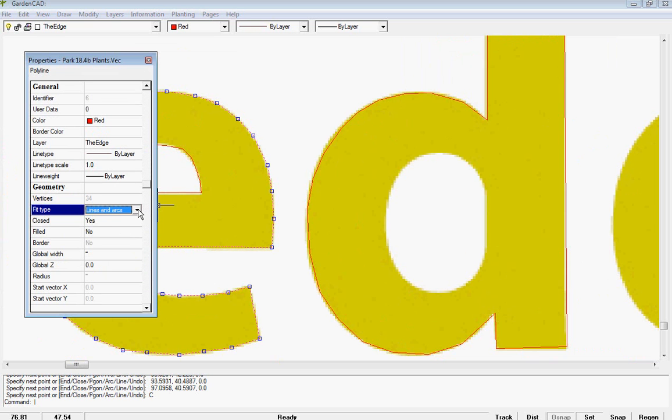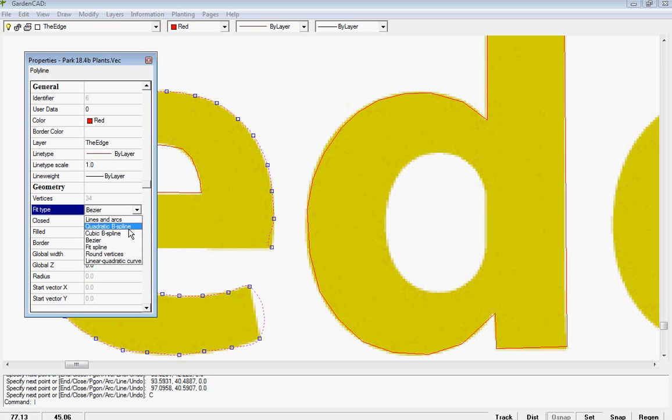At the moment it's just lines and arcs. If I say let's do a quadratic B-spline, notice how the polyline is averaged out through there. We get a little bit of bending at the corner there, so B-spline's not the ideal. A cubic spline is in fact even worse. If we come to a Bezier curve, we still get an extended